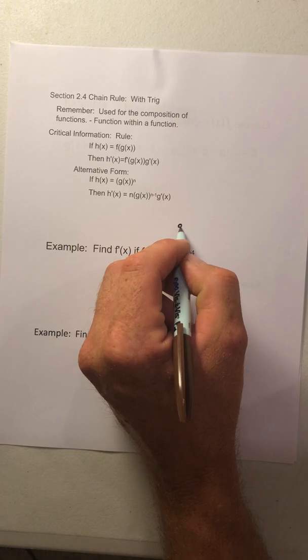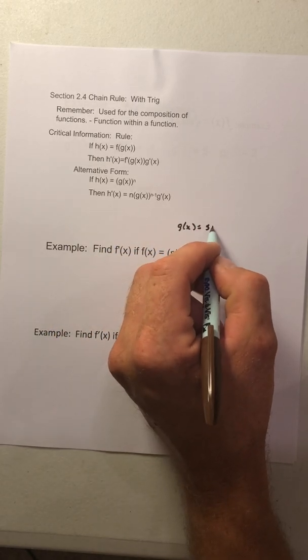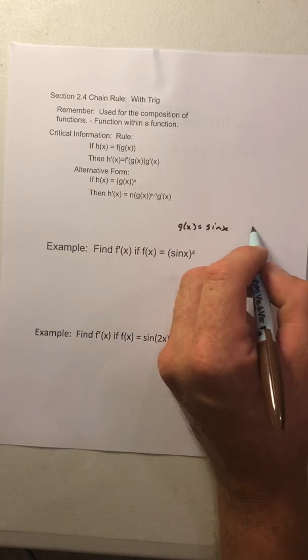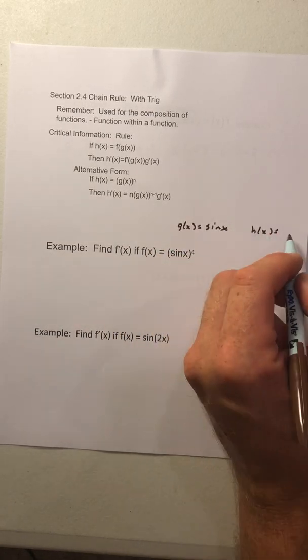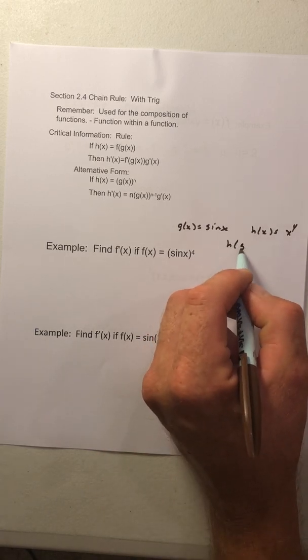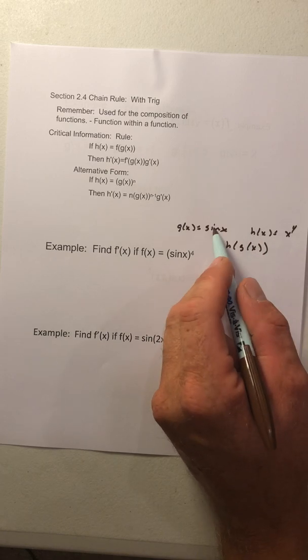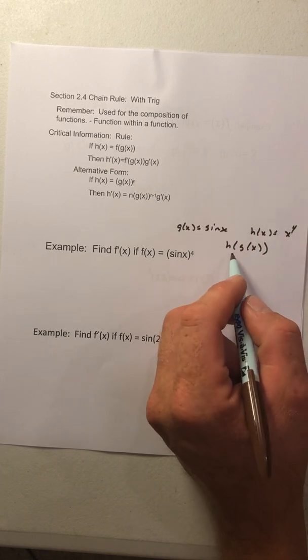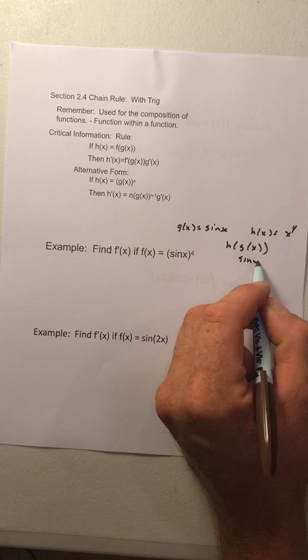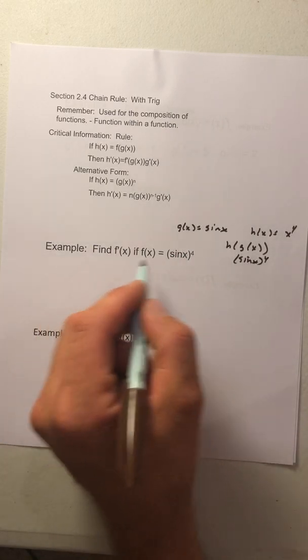So we could say g of x is the sine of x, and we could say that h of x was x to the fourth, and if I find h of g of x, I'm taking my g of x function, putting it in there, and that would give me the sine of x to the fourth. So we do have a composite function, don't we? And you can think of it being broken up that way,